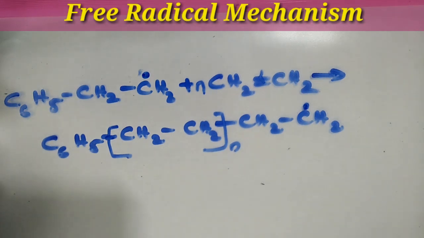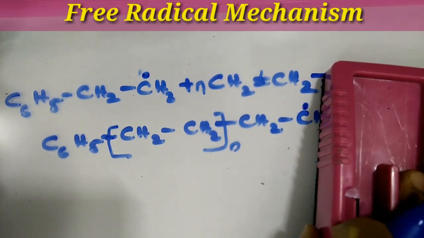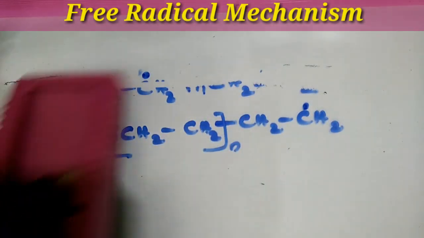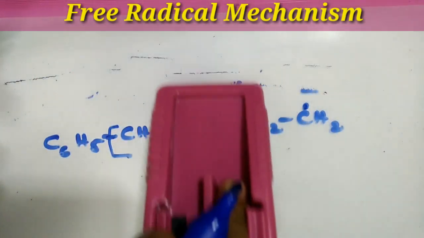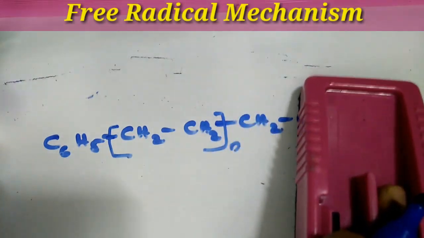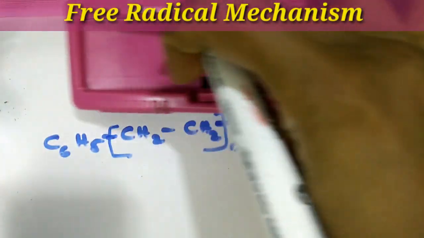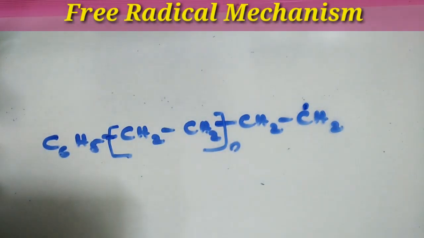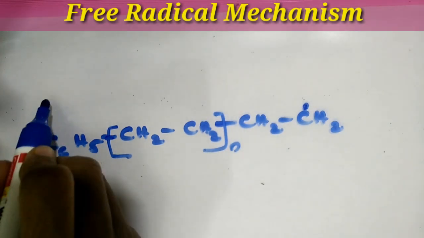And the third step, what is the third step? When any two free radicals come together, they combine to make a molecule, not a free radical. Suppose that so many polymerizations are taking place in the same sample, so we will have so many free radicals also. So suppose we are having